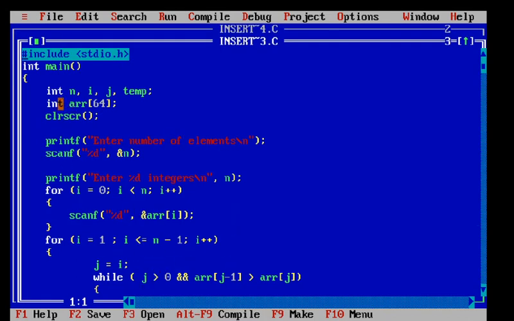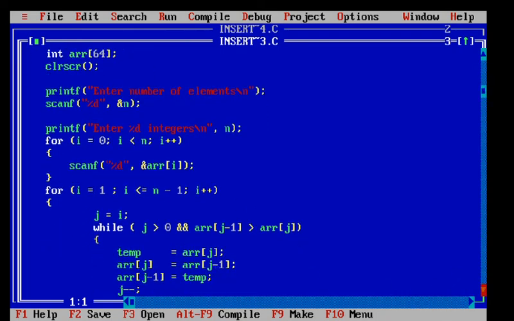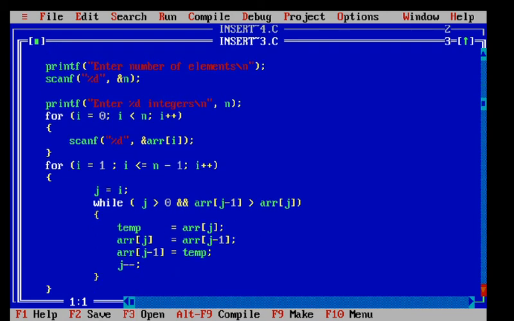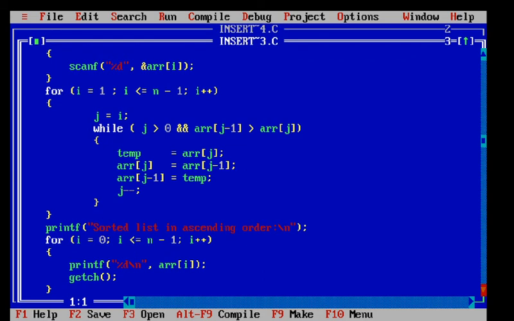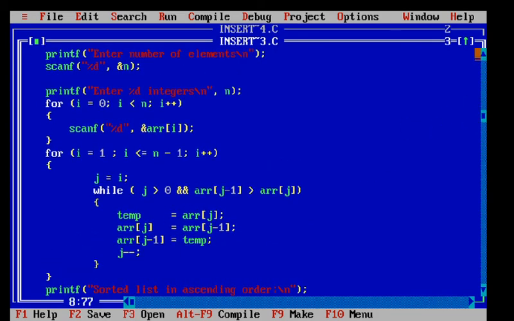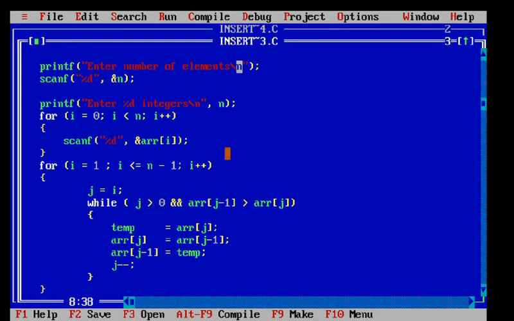In this program there are n, i, j and temp variables. Here is the ARR of 64. Enter the number of elements. Here the number of elements is n. Then enter the integers.